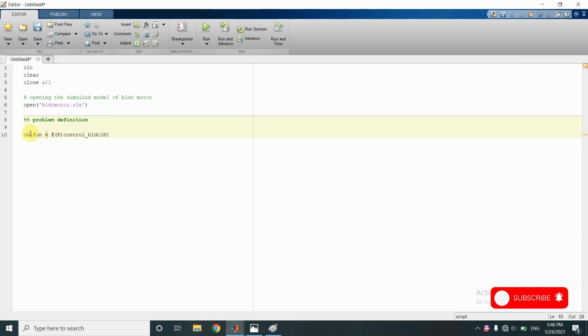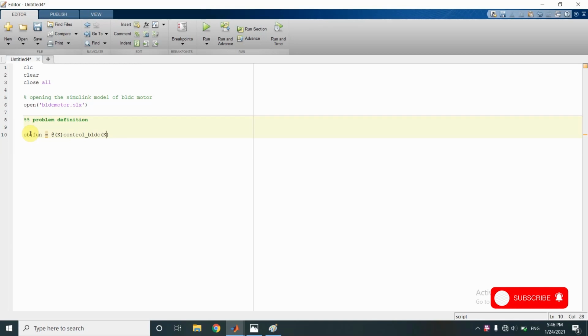So in our algorithm, whenever we will have to evaluate the fitness of either GA population or PSO population, then we will use the name obj_fun and pass the parameters, that is the gains of Kp, Ki, Kd that we get from the respective algorithms in this function handle, and by passing the parameters, these parameters will go to the separate objective function file that we will make, where objective function will be defined.